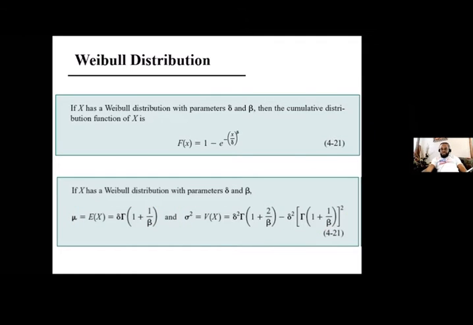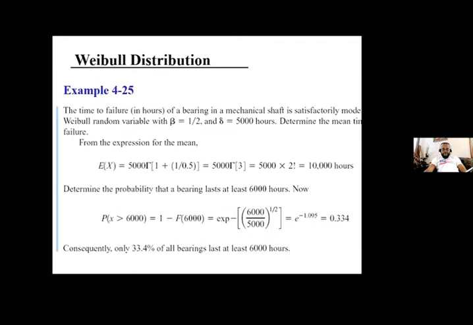So in the question right now, you've been given the values of that: beta equal to that, and delta equal to that, and here they ask you to find the mean time of failure. The mean time of failure is more or less how many hours we are going to wait before failure occurs.